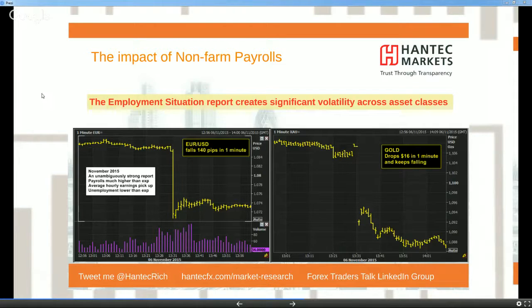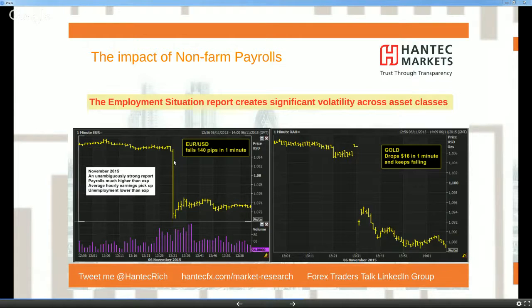Now you've got this payrolls employment situation report, and you've got the example here, November 2015. What a strong payrolls report this was. You had non-farm payrolls around 100,000, I think it was, above the expectation. I think it was 271 versus the expectation of 170. But also you had average hourly earnings growing at 0.4% for the month versus an expectation of 0.2% for the month. So you started to see average hourly earnings pick up, but also strong job creation as well. So that's an unambiguously strong payrolls report.